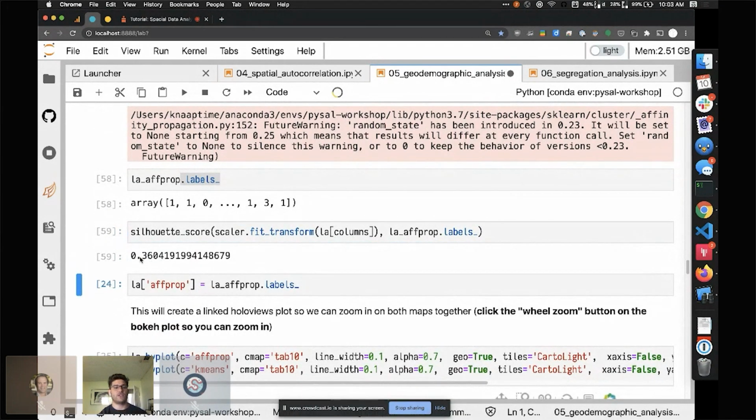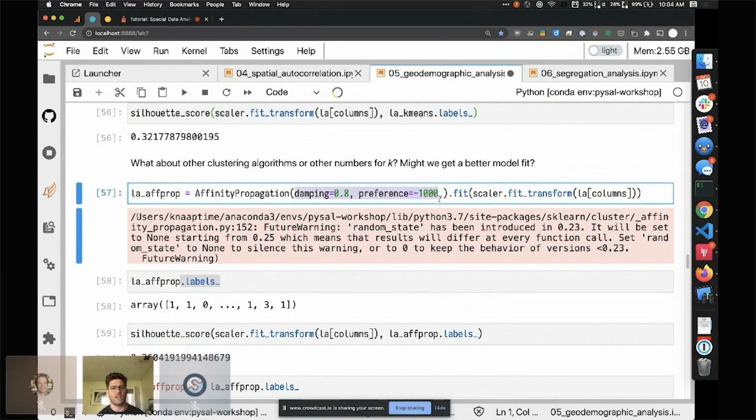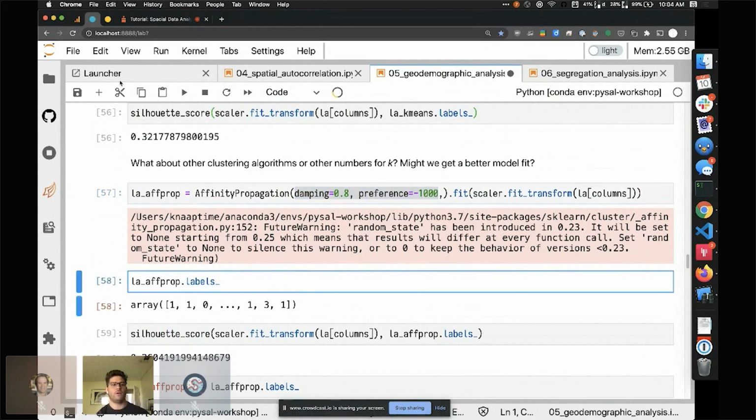And in this case, our silhouette score is slightly higher. So we've got a little bit better fit using affinity propagation than when using k-means. One thing about affinity propagation is that the number of clusters is endogenous. So we give it these two parameters and it comes back with